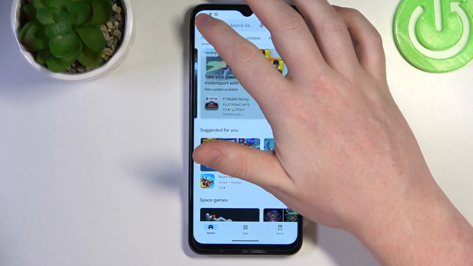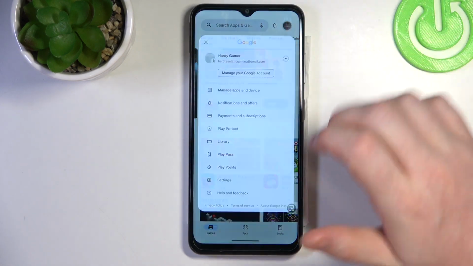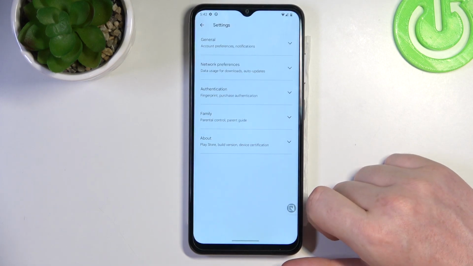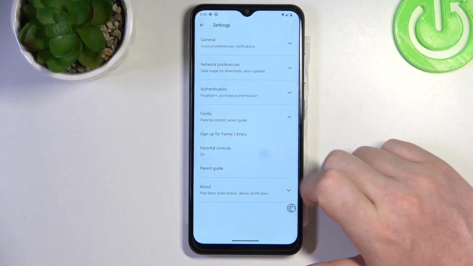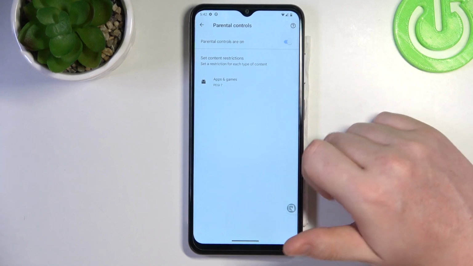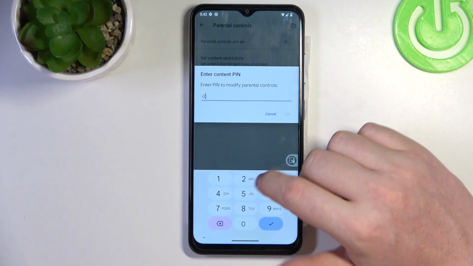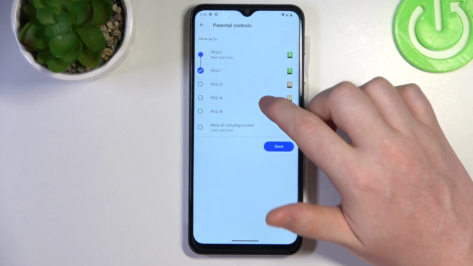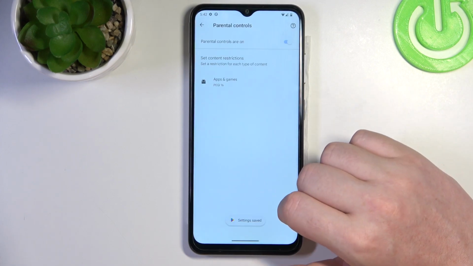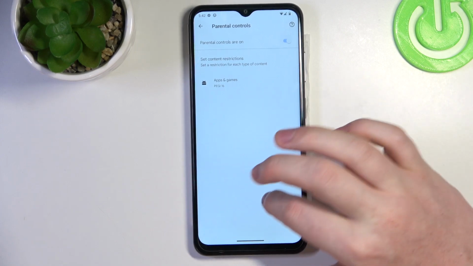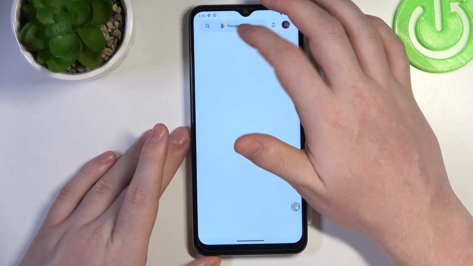And to fix this, we'll need to go back, click on the profile picture, go to the settings, enter family. Here's parental controls. Now you can either disable parental controls entirely with a switch, or go for the apps and games, insert a PIN code, and here increase PG to at least 16. Make sure to save the settings afterwards, and if we try to find Call of Duty again,